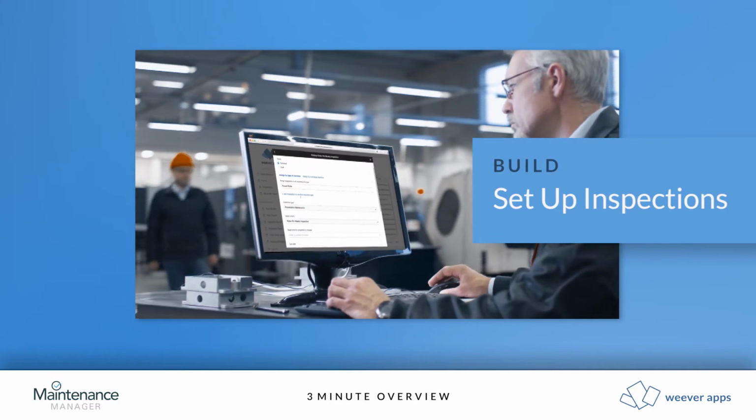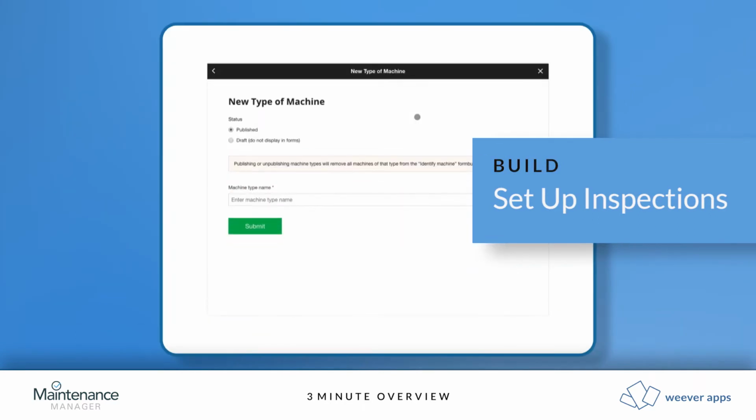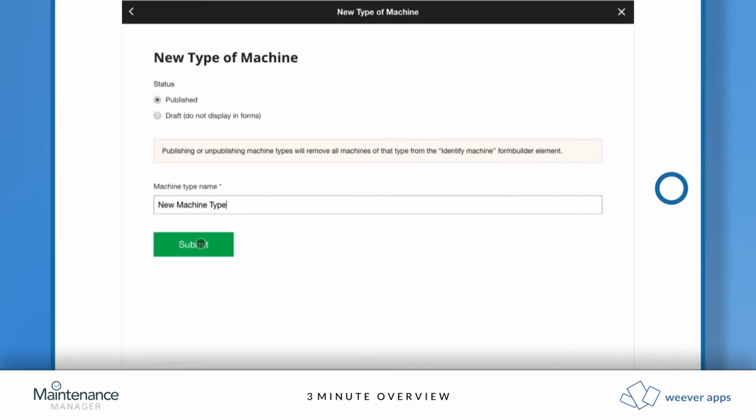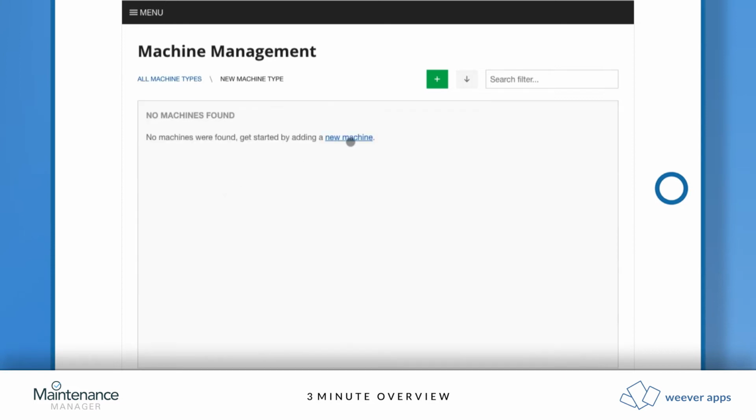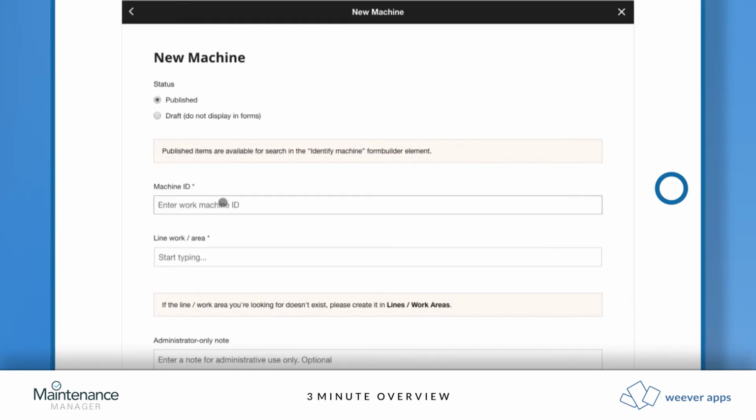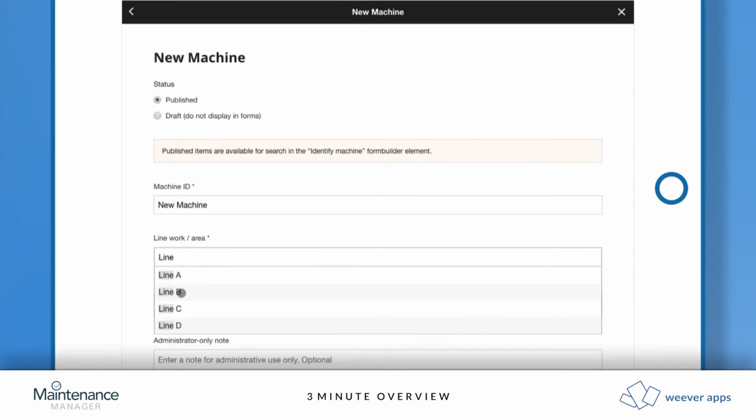Administrators have access to a comprehensive suite of tools used to set up and manage your app. The first step is to set up your shifts, lines and work areas, machines, and equipment. To add a machine, administrators simply add a machine type and then associate specific machines to specific lines, areas, departments,